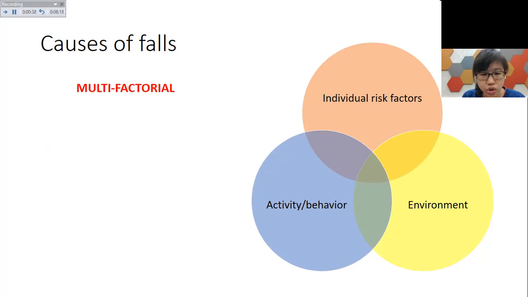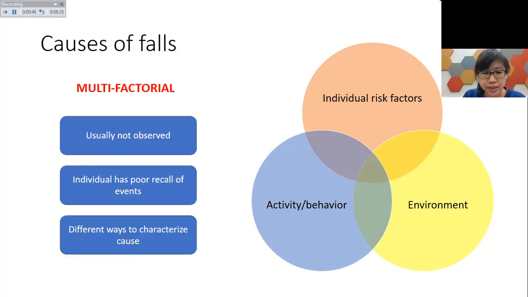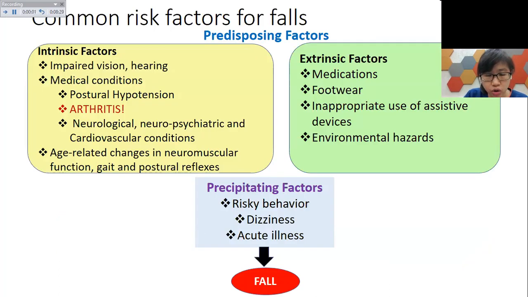And there are actually different ways to characterize causes of falls. So common risk factors of falls are broadly categorized as predisposing factors as well as precipitating factors. So not all falls need to have a precipitating factor. If one has significant predisposing factors to falls, they may not need any precipitating factor because their ability to maintain postural control is poor due to the presence of these predisposing factors, which may be divided as intrinsic or extrinsic